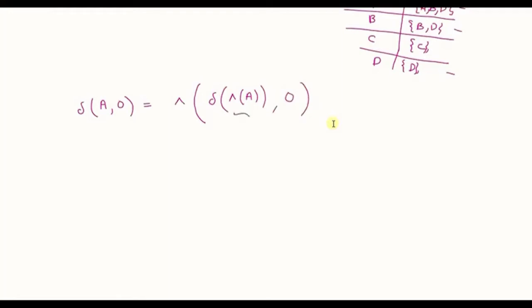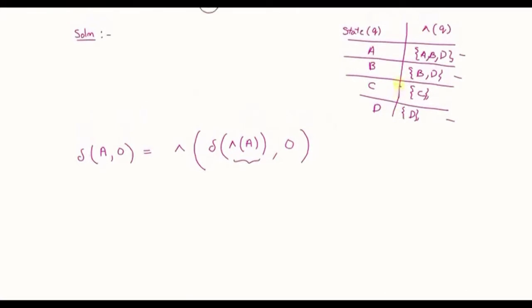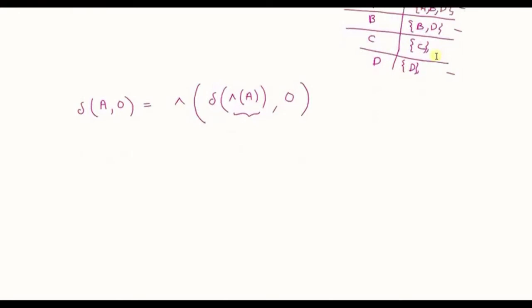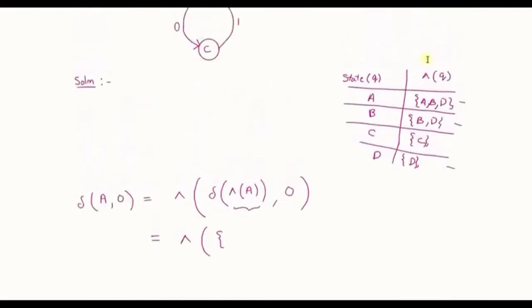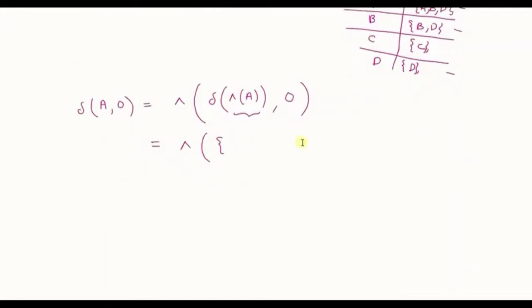So we have to next find out what is E closure of A. We have already calculated E closure of A. Looking in the figure, E closure of A is ABD. So this can be written as E closure, or null closure, of. What is null closure of A? We have already calculated null closure of capital A, that is ABD. So you just add ABD here. Replace it with A, B, D. So the answer of this is ABD. I forgot to write del outside, comma 0.